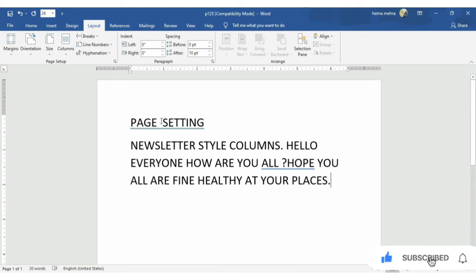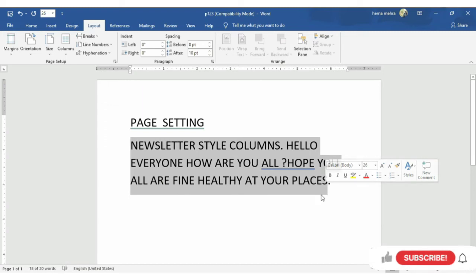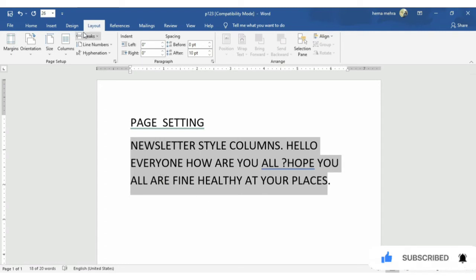So for converting this, first we have to select our text to convert into multiple columns. Now choose the column option given in the page setup group on the page layout.